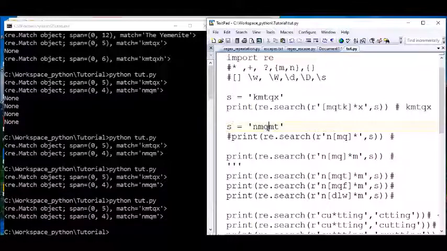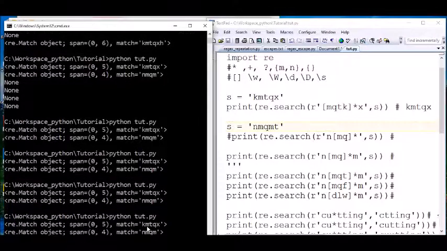Now we'll go back to Q. Now the next character is M. It's looking for M against M here. M against M is a match. So now this will be the output. Let's see the output. So MM. This is the output to here. This is the output, and this is the output here.